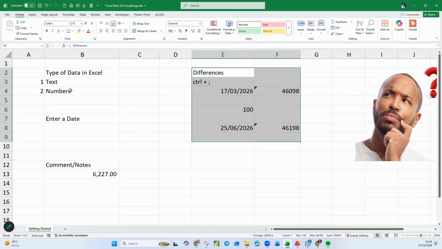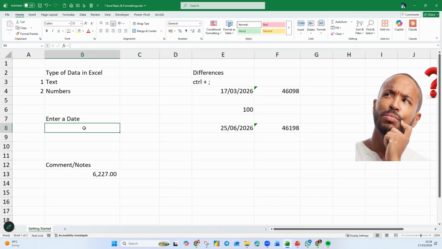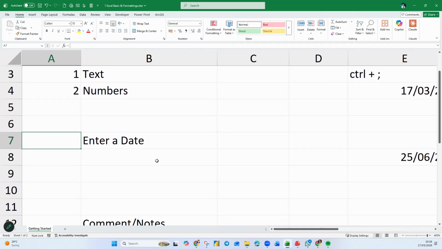So I want to make sure everyone here has the same understanding before you proceed to write formulas. If you don't even understand your own computer, your own Excel, how can you move forward, right? This is what I mentioned earlier: a lot of people just overlook this important information. Now I'm going to go a little more into dates and talk about the formatting. Let me zoom into this part here.